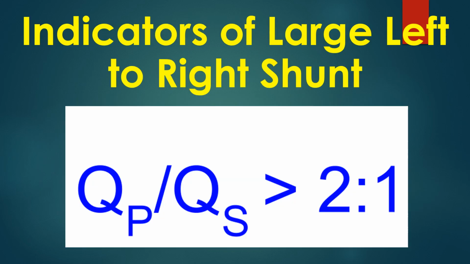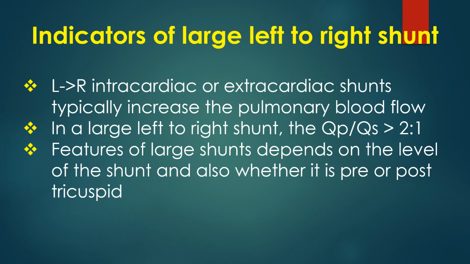Indicators of a large left-to-right shunt are cardiac enlargement, presence of flow murmurs, third heart sound, and a wide pulse pressure in case of patent ductus arteriosus. Left-to-right intracardiac or extracardiac shunts typically increase the pulmonary blood flow. In a large left-to-right shunt, the Qp/Qs, that is the ratio of pulmonary to systemic blood flow, is